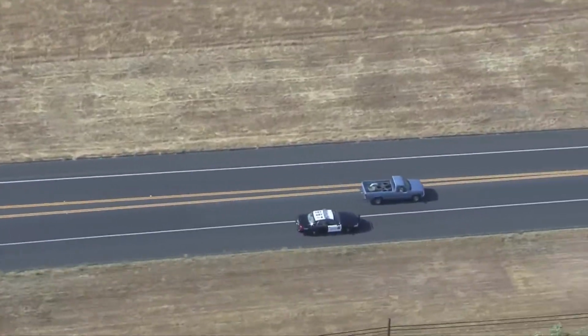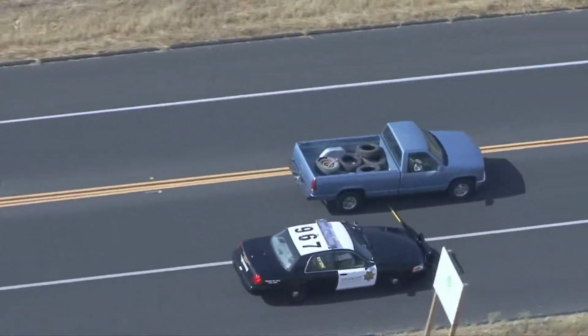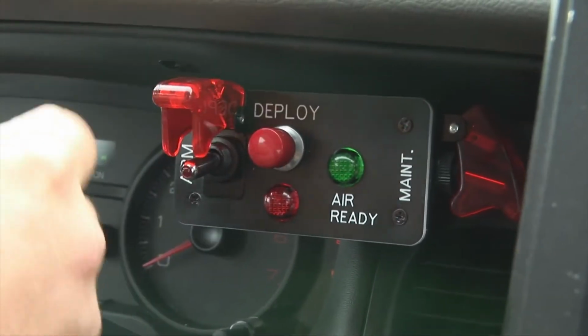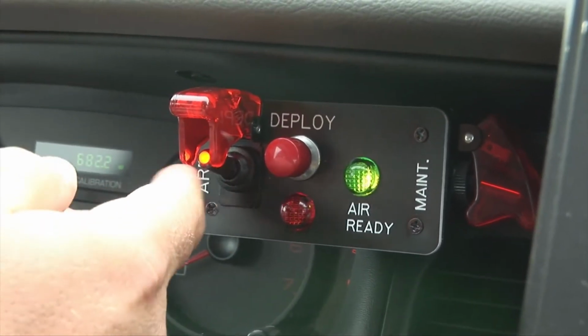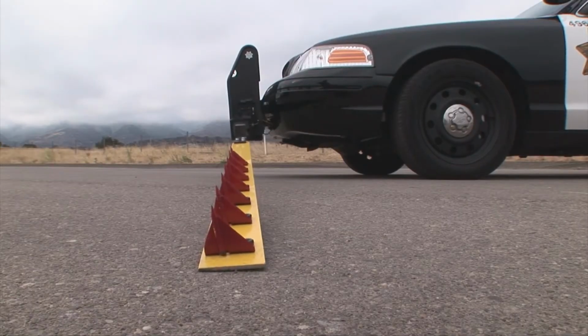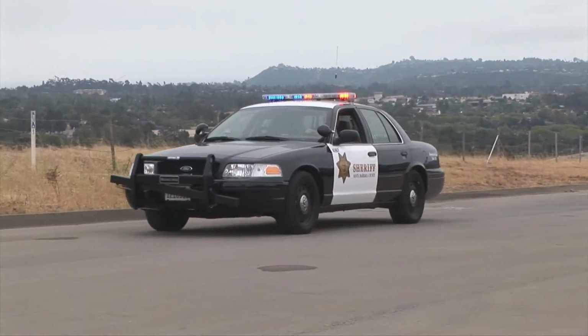Number 7. Mobile Spike. If locking up the tire isn't an option, the mobile spike aims to literally deflate it in seconds. Like before, this too is attached to the front of the police car, and once in range, a button push fires it. The spikes take chunks out of the tire, ensuring it deflates in under a minute while